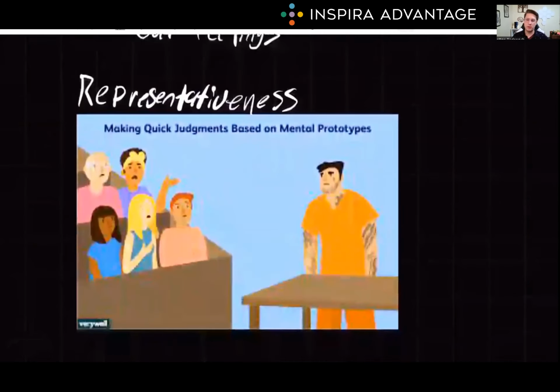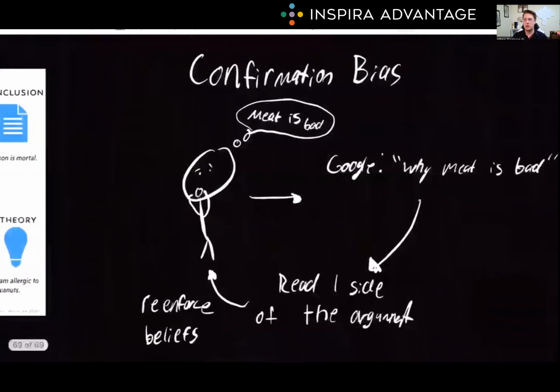This is different than the representativeness heuristic, which is the tendency to make decisions based on what we typically think is representative of the category. For example, if somebody is described as shy and reserved, we might assume they're a librarian rather than a salesperson based on stereotypes. We also have confirmation bias, which is the tendency to focus on information that fits our beliefs